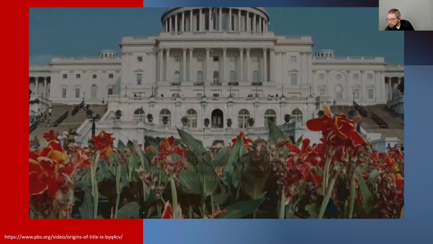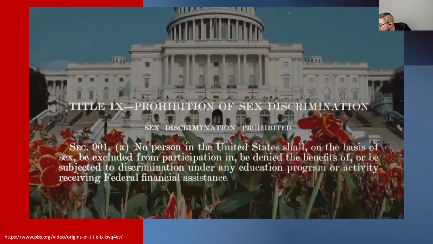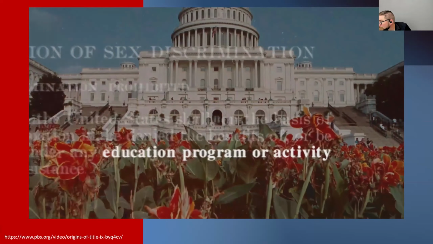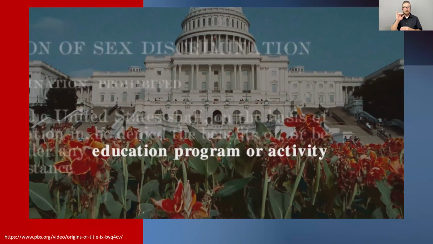It's 37 words. Within those 37 words, there's the word activity. And I knew Senator Birch Bayh pretty well. He's one of my heroes. He said they kept like, should we leave it in? Should we take it out? Should we leave it in? What does it pertain to? We really don't know. But it'll be a catch-all, maybe. Maybe. They weren't sure if it was even necessary. In 1972, he didn't rate. In the 1960s,